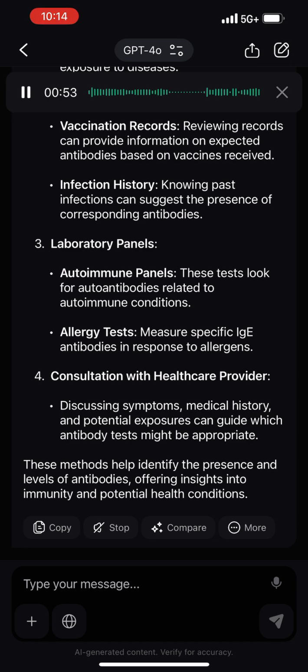Consultation with a healthcare provider: discussing symptoms, medical history, and potential exposures can guide which antibody tests